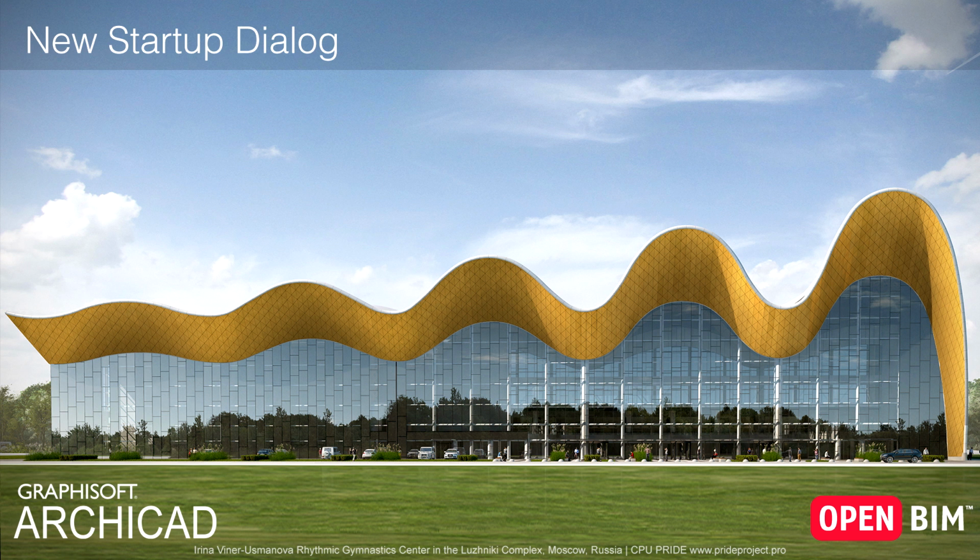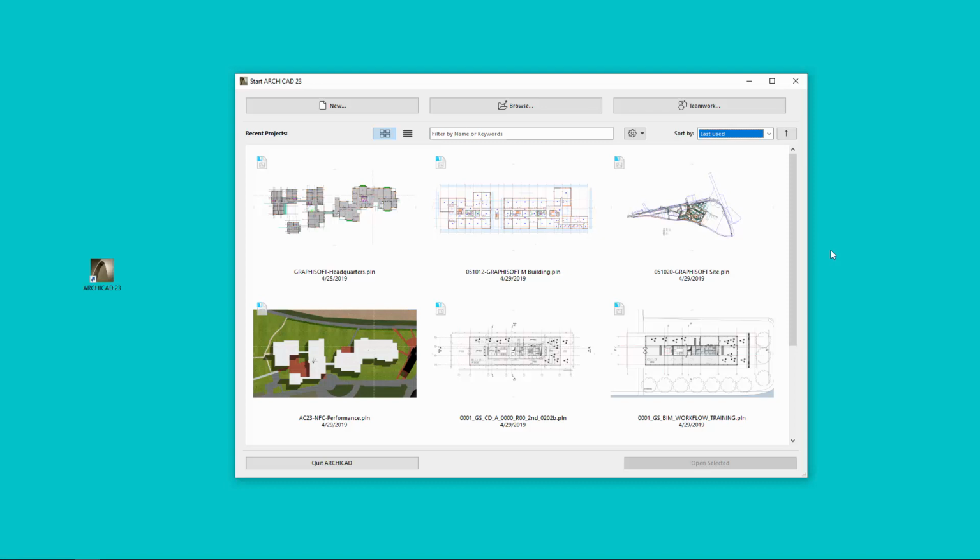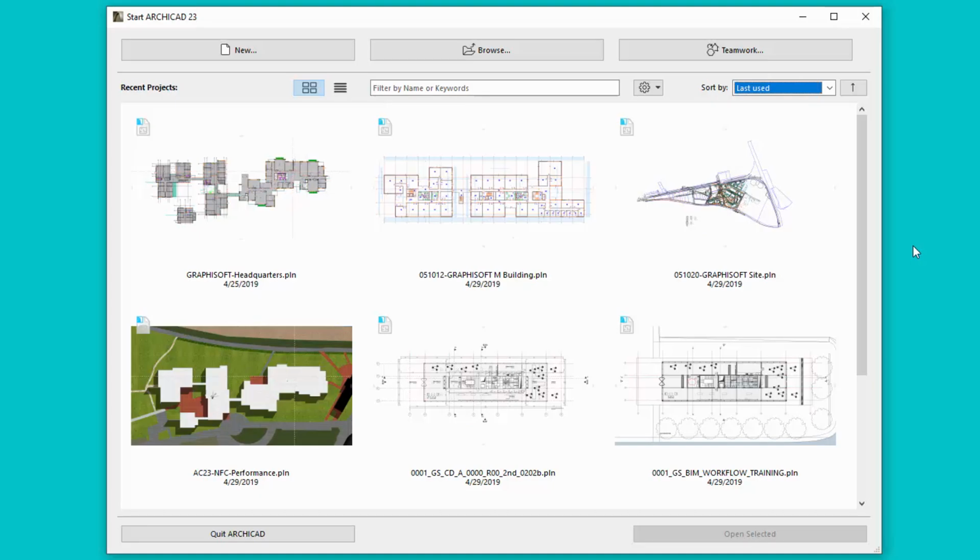This video presents the new Startup Dialog in ARCHICAD. Users work on multiple projects daily, opening them every morning. ARCHICAD's new Startup Dialog focuses on recent projects. This new function allows the user to open multiple projects in different ARCHICAD instances in one go, for faster and